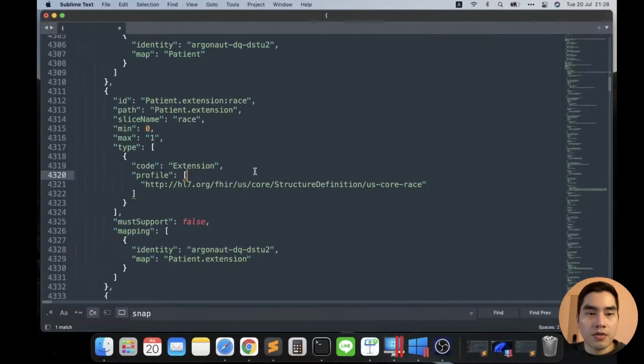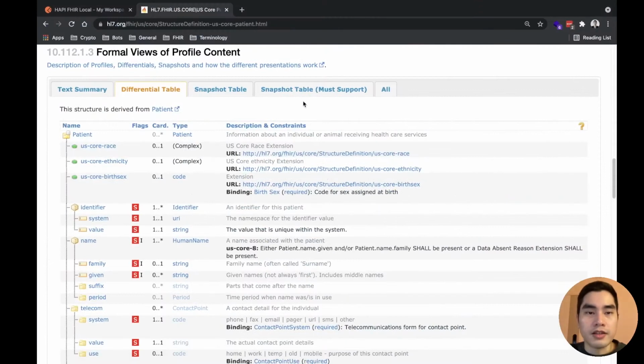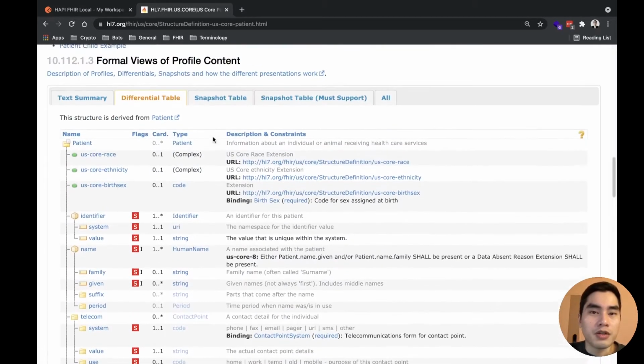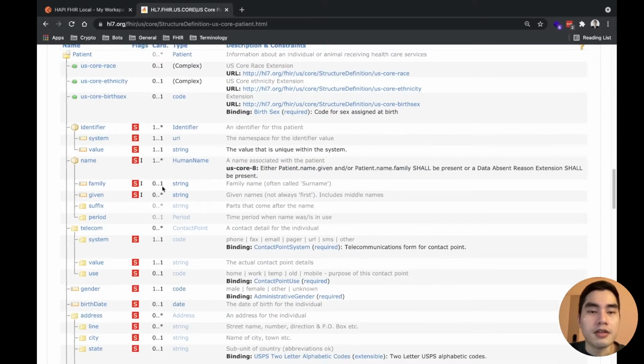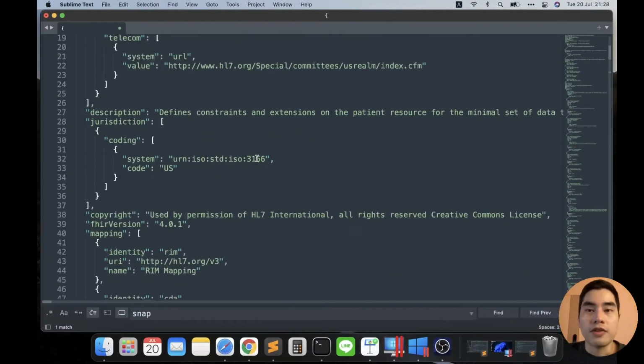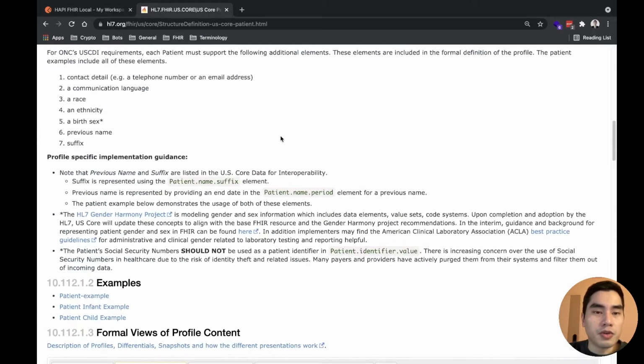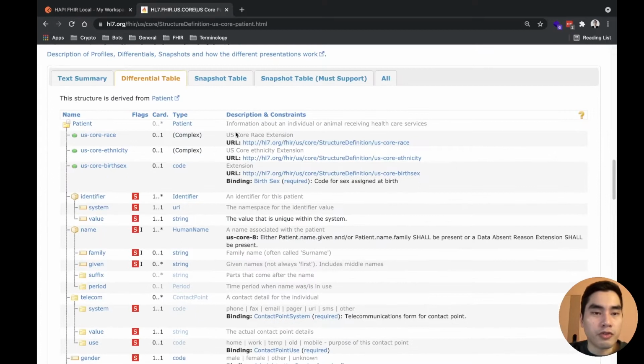Inside it, this will contain all elements, and this will contain only the differential. So what is customized in the StructureDefinition is reflected in this page that you are viewing, and actually they serve different purposes. The differential table is more for humans to read and understand easily: oh, what is the change? But the snapshot table is more for the machine to process everything inside that resource. So in summary, when you're viewing the profile, you can see two views, differential view or snapshot view.